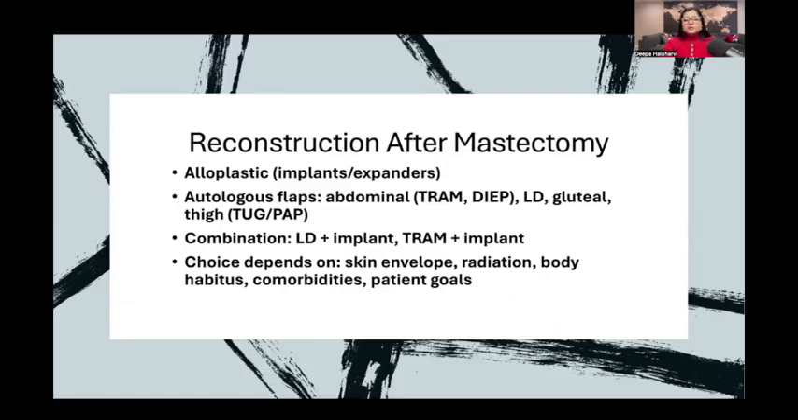There's autologous, which is the TRAM and the DIEP, the LD, the gluteal. There's the TUG and the PAP. There's a combination with LD and the implant. Choices really depend on skin envelope. I really haven't seen too many of these other than the DIEP and the LD, but it depends on a